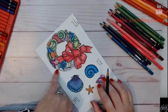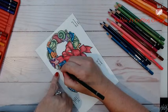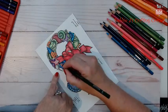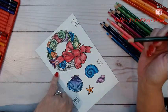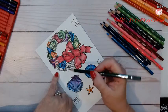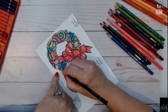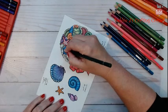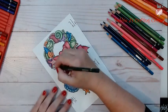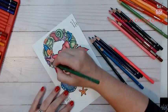And this is probably a different shell than this one. I'm going to go ahead and color it green anyway. Partially because I already did. Partially because you can't really tell where the shell begins. I think that's the only part that you can... That looks kind of like this. I have a feeling that there's another shell facing that way that you can see. Shadows in from behind the shell. See? It's just the entrance to that part. Back in with...